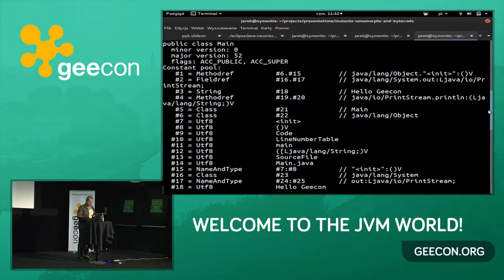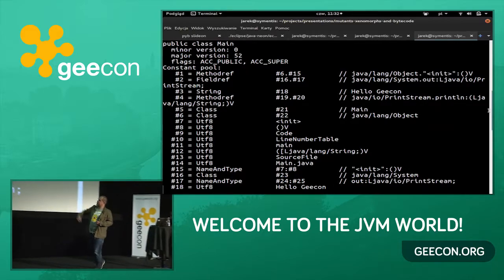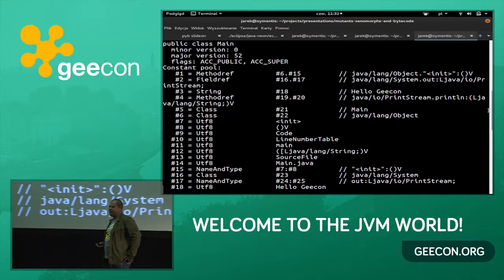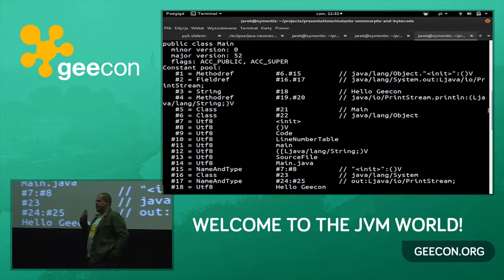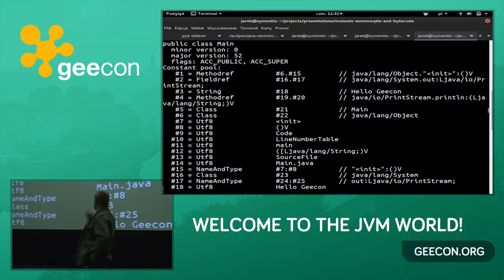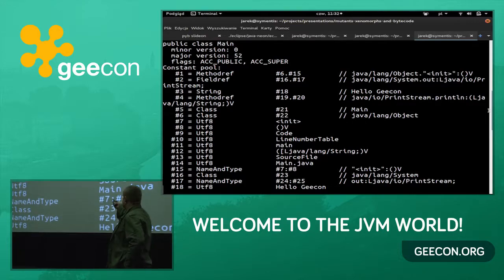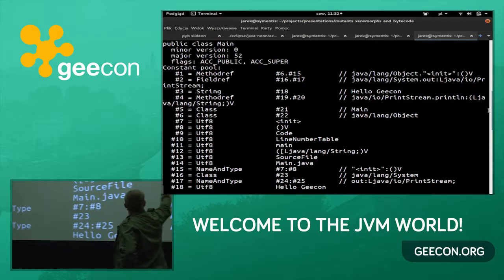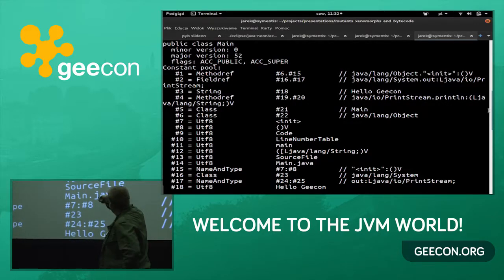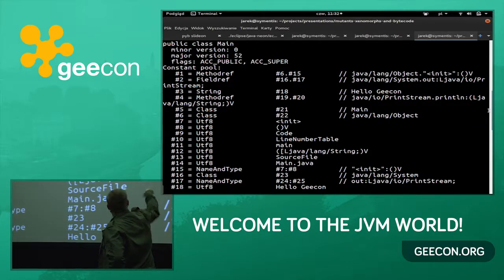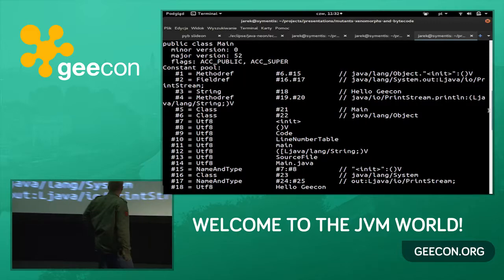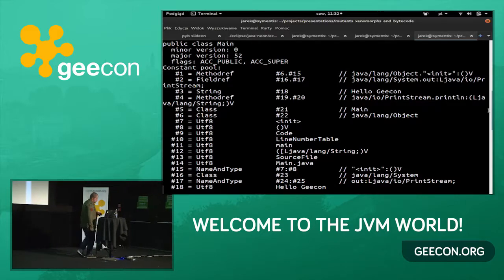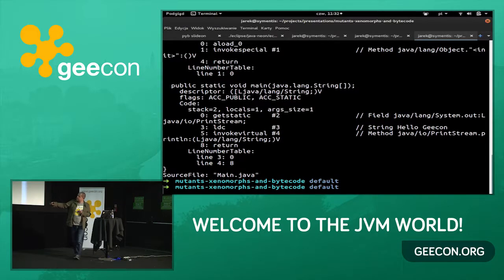So what does the constant pool look like? It's in the beginning of the file. Do you see it? Indexes? Okay, so the constant pool contains everything that is constant in your class. All the classes you imported, all the methods you reference, all the fields you reference, and all the hello world. See it? There is a string in the constant pool, okay? And its value is hello GeeCON in this case. So whenever I say #3 in my code, it means I'm loading this value on the stack. So if you go, you will see here #3.